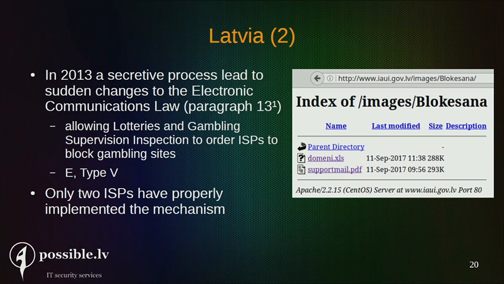And it's being implemented at internet service provider levels on the user side. So it's type 5 censorship. Only 2 internet service providers have properly implemented the blocking mechanism. Others have implemented either too strict or too broad blocking, which results in lots of collateral damage that's happening right now, or it results in connections just going through. And we can actually access the list of blocked domains and IP addresses here on the right.